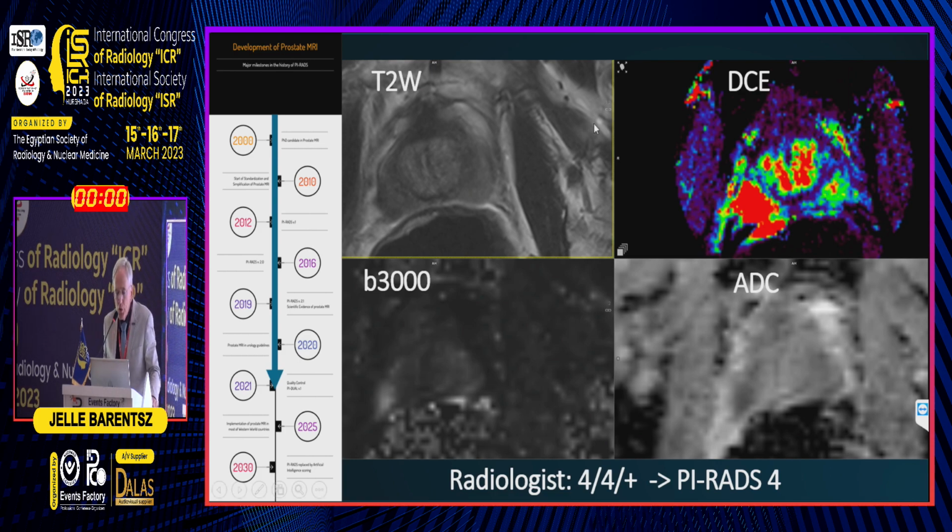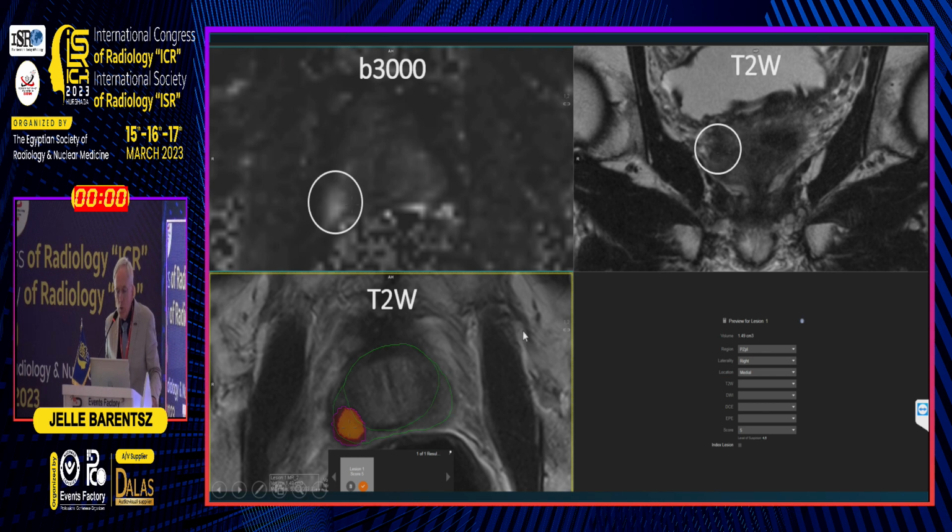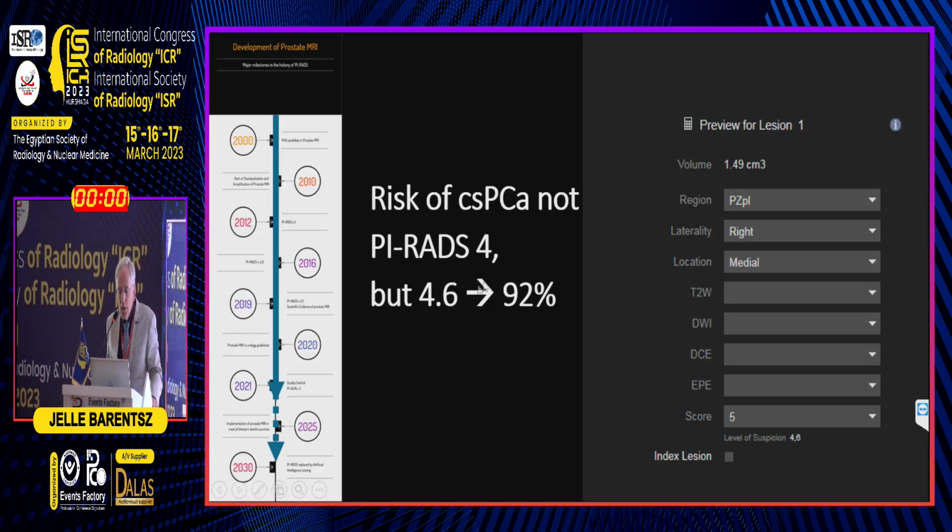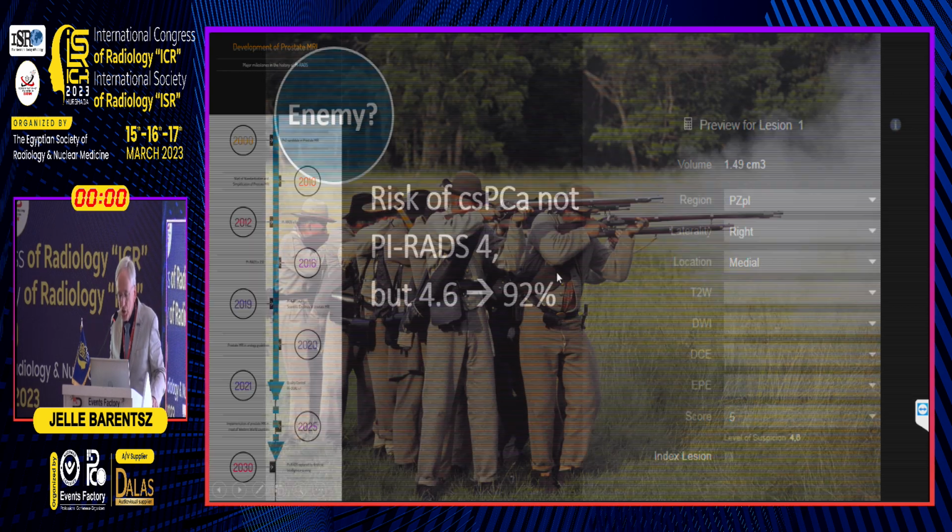What will be the future? This is a clear PI-RADS 4 lesion. Focal abnormal, plus contrast, white on B3000, black on ADC. Well, this is PI-RADS 4. However, if you ask the computer, you'll get the following data. It gives you a probability in percentages that it will be a significant cancer. So this is not a PI-RADS 4, but in the future, in 2030, I think we will leave PI-RADS and we will have the AI percentage mapping, a probability map in percentages.